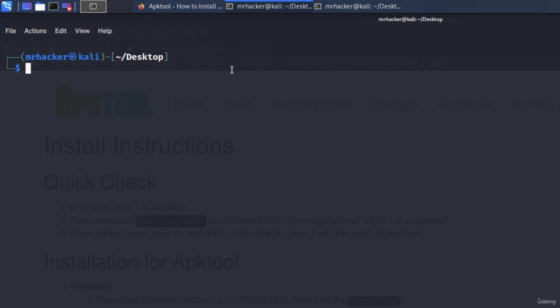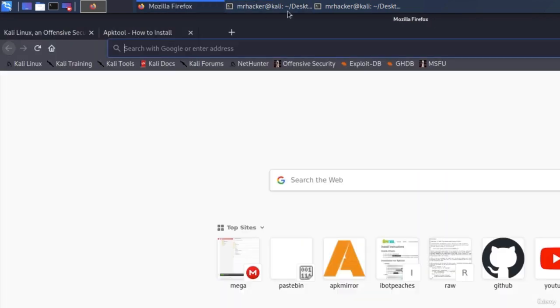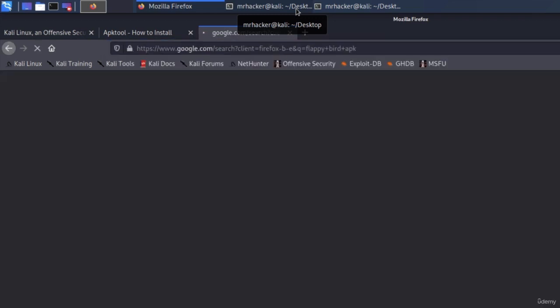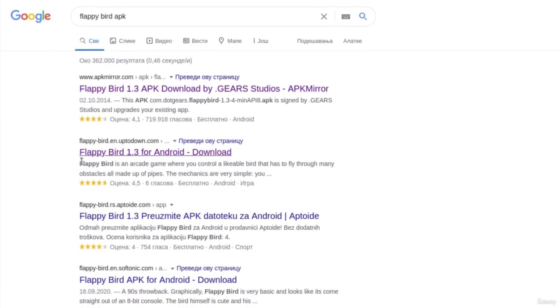Let's create a payload and infect Flappy Bird application with it. So for this to work, we're going to need an actual payload, and we're also going to need the application of Flappy Bird. Let's go with Flappy Bird first. We all know the game, most of you probably even play the game. So in order to download that, we want to be searching for the APK file. Remember, APK is something that we can run on Android. So if I type Flappy Bird APK and I search for it, I will find this link that says